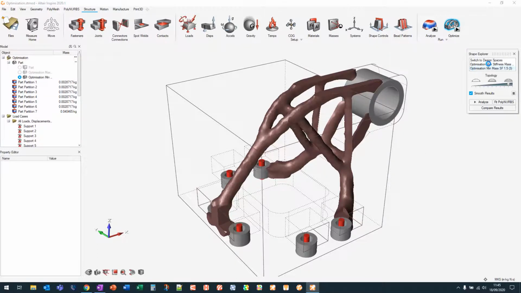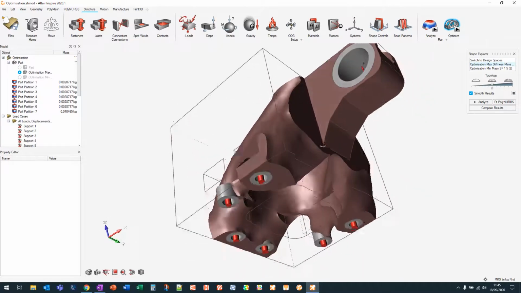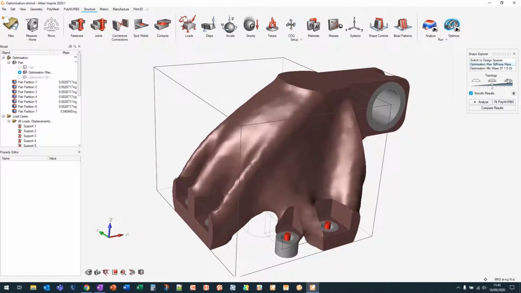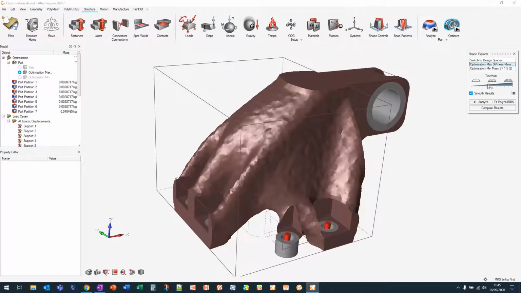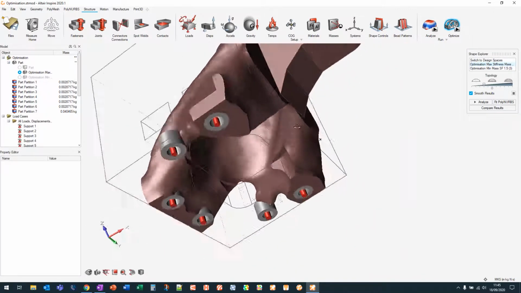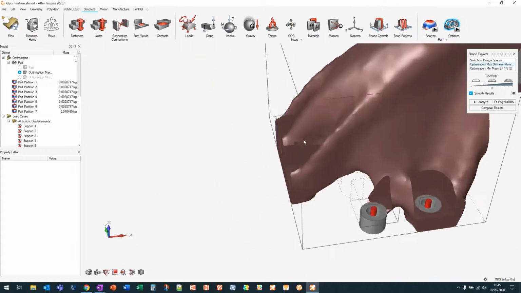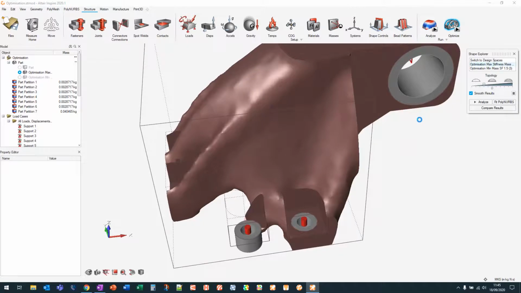So we can have a look at the maximize stiffness run, and you can see that the results are very, very different, and obviously they're likely to weigh very different as well. So again, here we can perform the same thing in adding or removing material. For a maximized stiffness run, the best result tends to be around the middle anyway. But again, if we move the slider, we can see that we can remove material and then land on a value that we think looks acceptable. So focusing on the minimized mass,